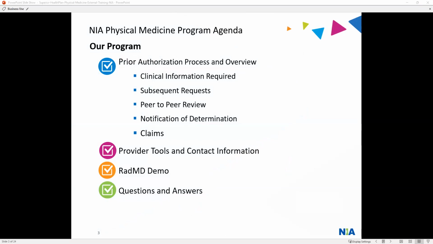Following that, we will walk through a RADMD demonstration of what you will do step by step when you're submitting an initial authorization or a subsequent request. And then finally, at the end, we will open up the conversation for any questions that you may have, and we'll provide those answers. So before we begin today's agenda, I do want to give a brief